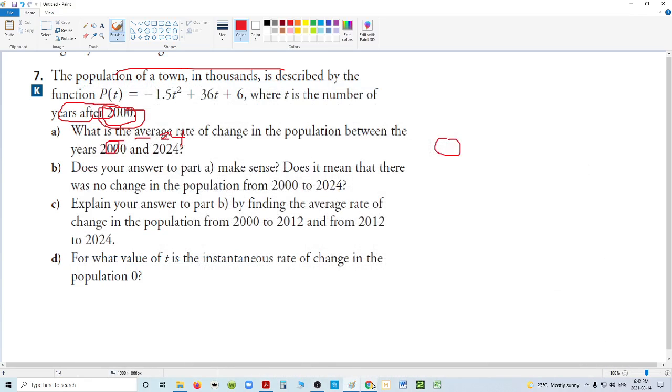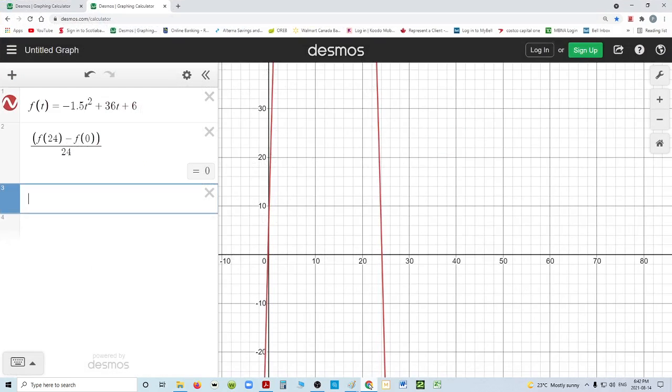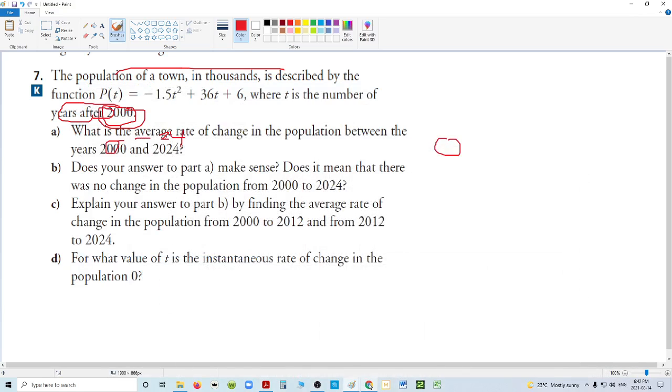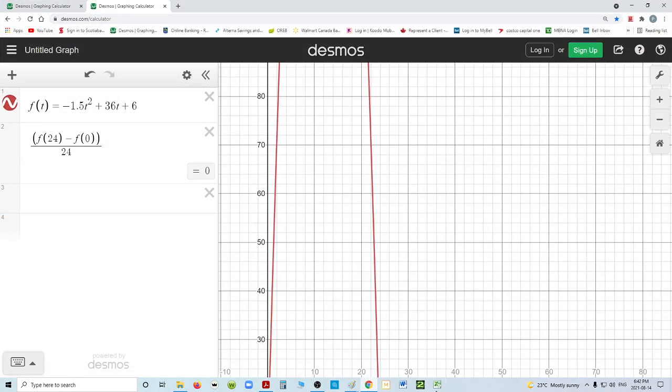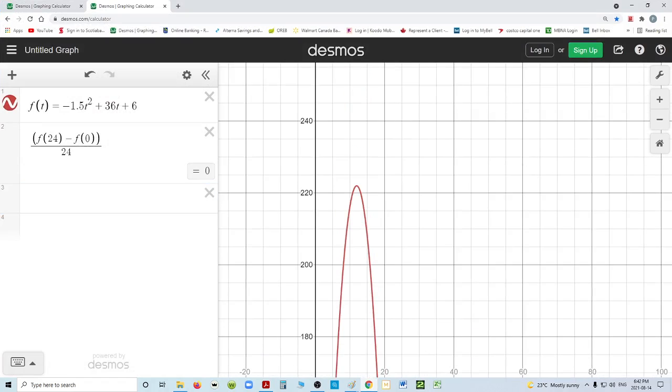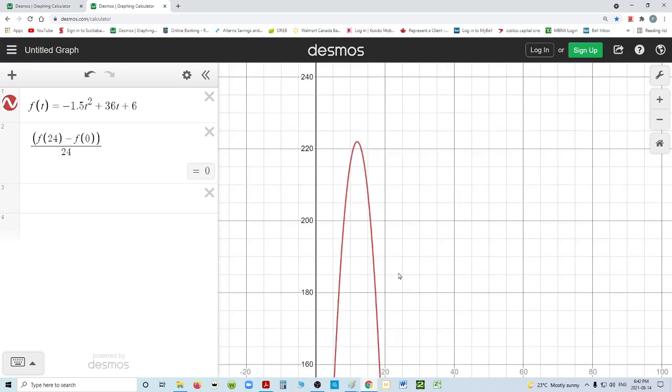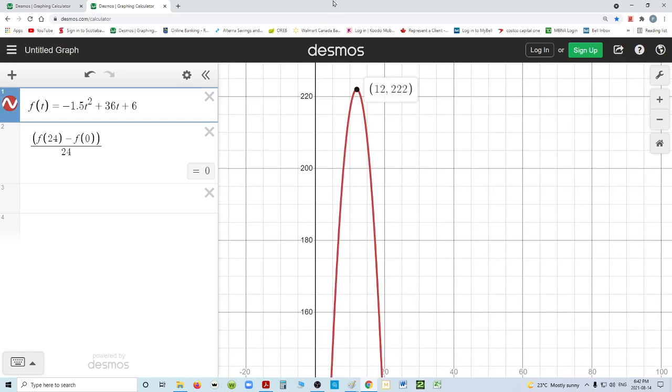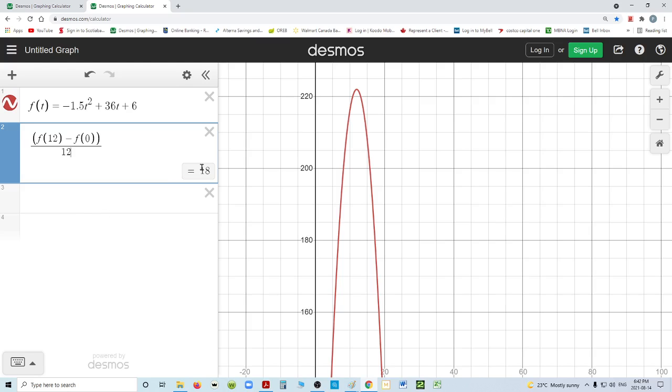Does your answer to part A make sense? Does it mean that there was no change in population? No, it doesn't. It means that it's on equal sides of the parabola. Explain your answer to part B by finding the average rate of change from 2000 to 2012 and 2012 to 2024. Well, we know 12 shows the peak of the population. So it's going to show a negative decline from 12 to 24, and it's going to show a positive increase from 0 to 12. So from f12 minus f0 divided by 12, the rate of change is 18,000 people per year. And then from